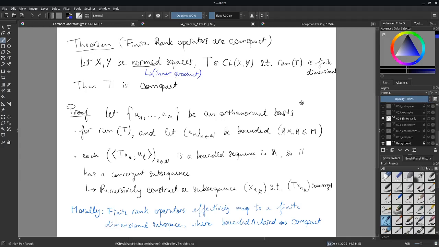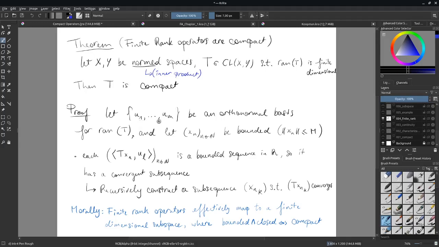So you say that an operator between X and Y, here the book says it's a normed space, but that really should be an inner product space, at least the rest of the proof assumes it's an inner product. You have this map T being continuous between X and Y such that the range of T is finite dimensional, then immediately that means that T is compact. Again, the proof is fairly easy. Since the range of T is finite dimensional, we can take a basis,